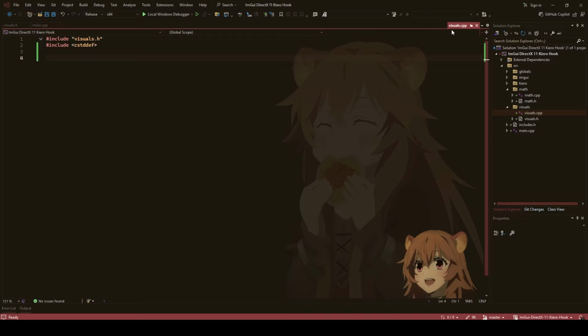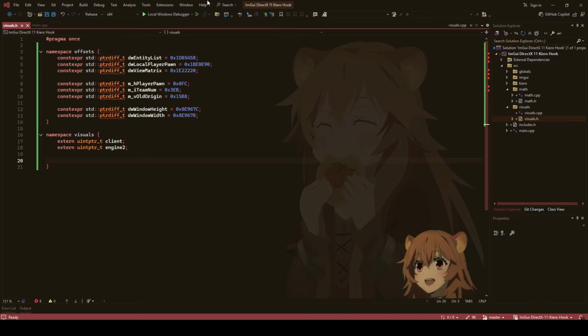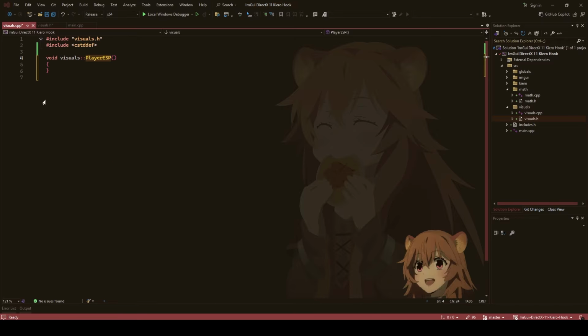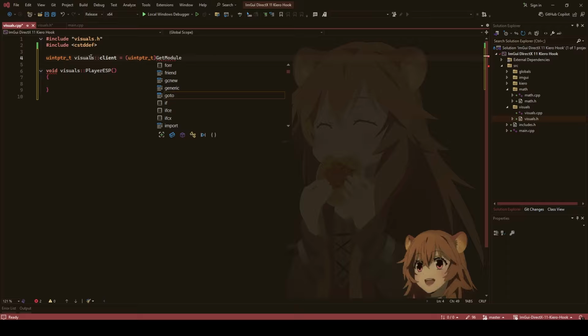So go to visuals.h, and then type void player ESP, and then highlight, go to potential fixes, create definition. Alright. So now we have the definition. What we want to do is go up here and do uintptr_t visuals client equals uintptr_t, cast to a uintptr_t, and then GetModuleHandle